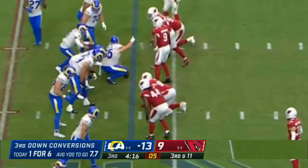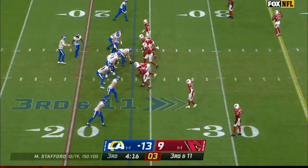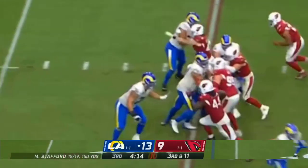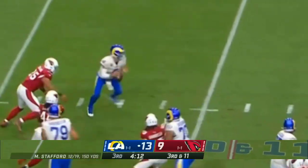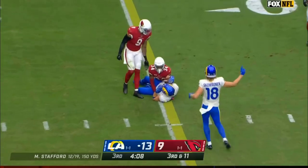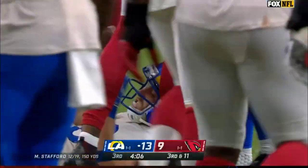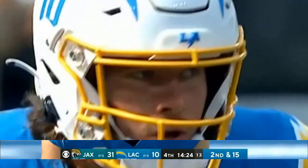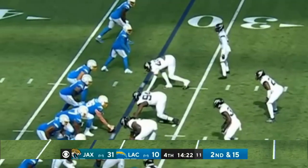This crowd making it tough on Stafford. Red Sea rising up. Stafford's got to park this Red Sea, figure out a way to get a first down. Just got the snap on 3rd and 11. Pressure comes. Stafford breaks away and fires to Cooper Kupp for the first down. Strength in the pocket, buying time. Mike Williams in this game has 1 catch for a 15-yard touchdown. Who does just